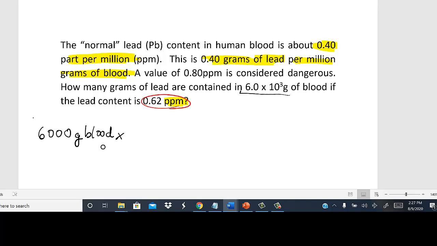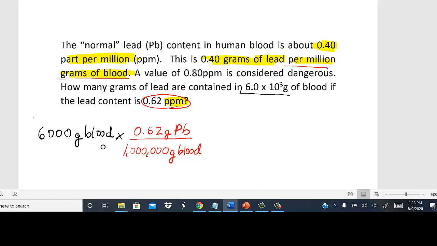And remember, the problem tells us that ppm is per million grams of blood. So if 0.40 ppm is 0.40 grams of lead per million grams of blood, 0.62 ppm of lead is 0.62 grams of lead per million grams of blood. So let's do that conversion here. So 0.62 ppm is basically telling us that for every million grams of blood, there is 0.62 grams of